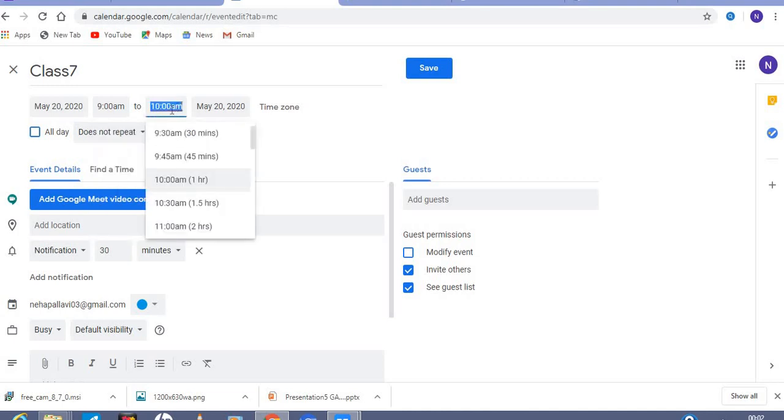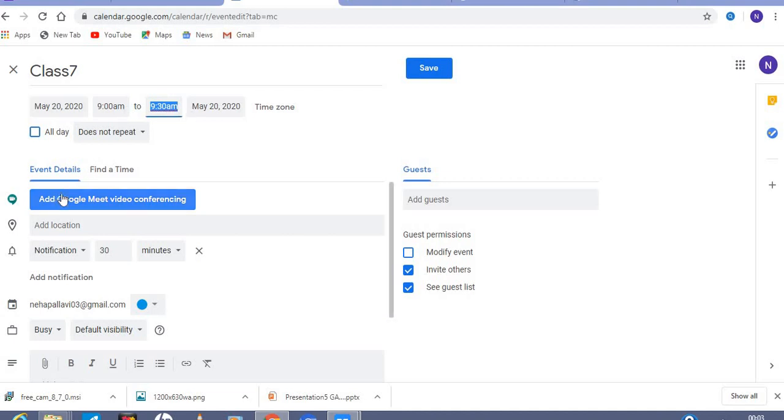And the time limit also, it may be 30 minutes, it may be 1 hour, it may be 2 hours, whatever time you select. Okay, so I am selecting half an hour. Now if you have to take the class every day at the same time, you can click here.